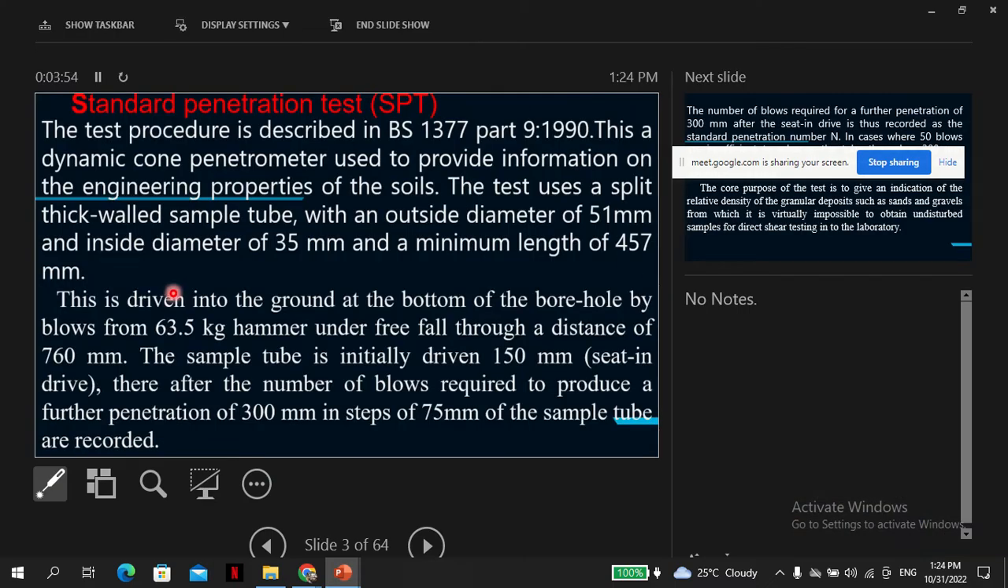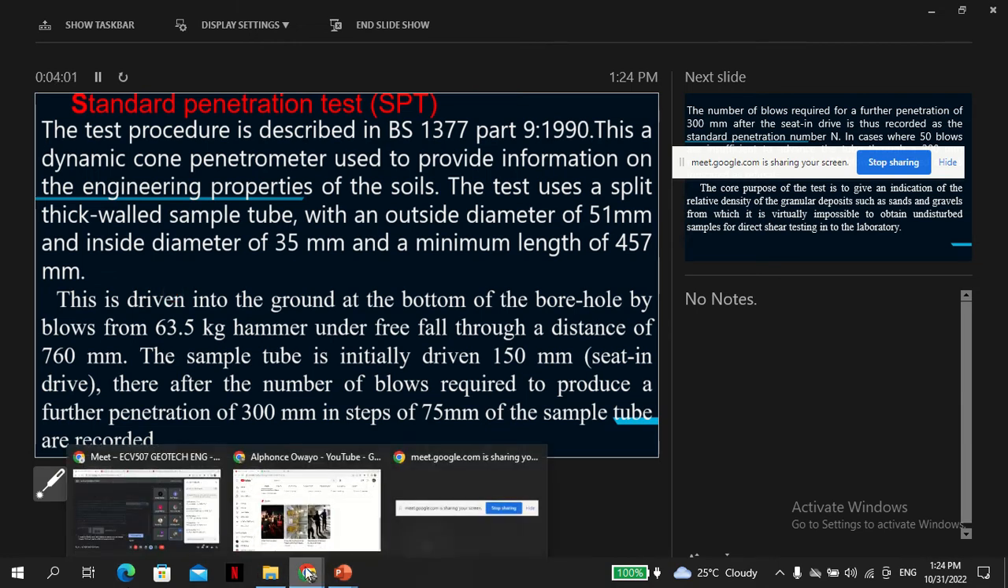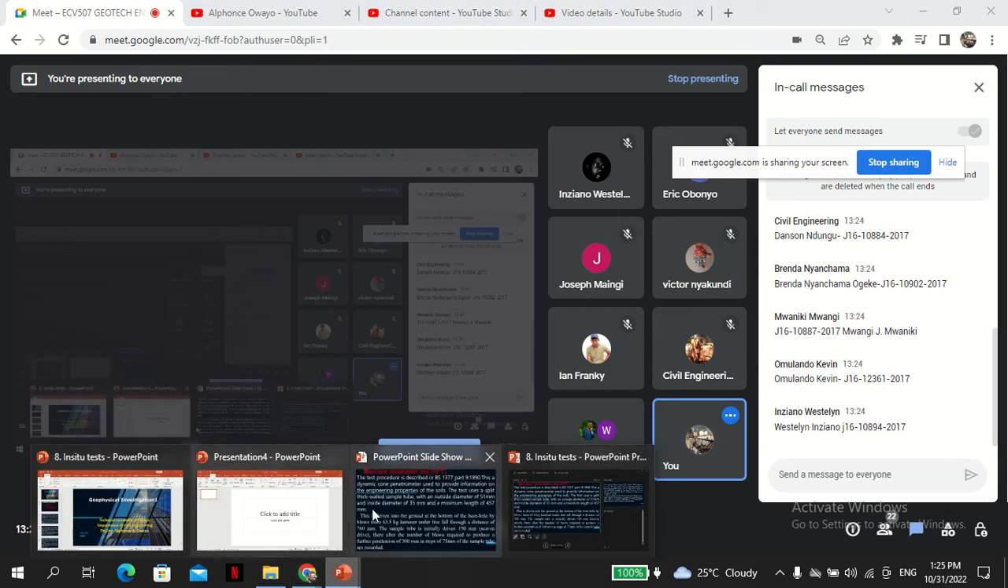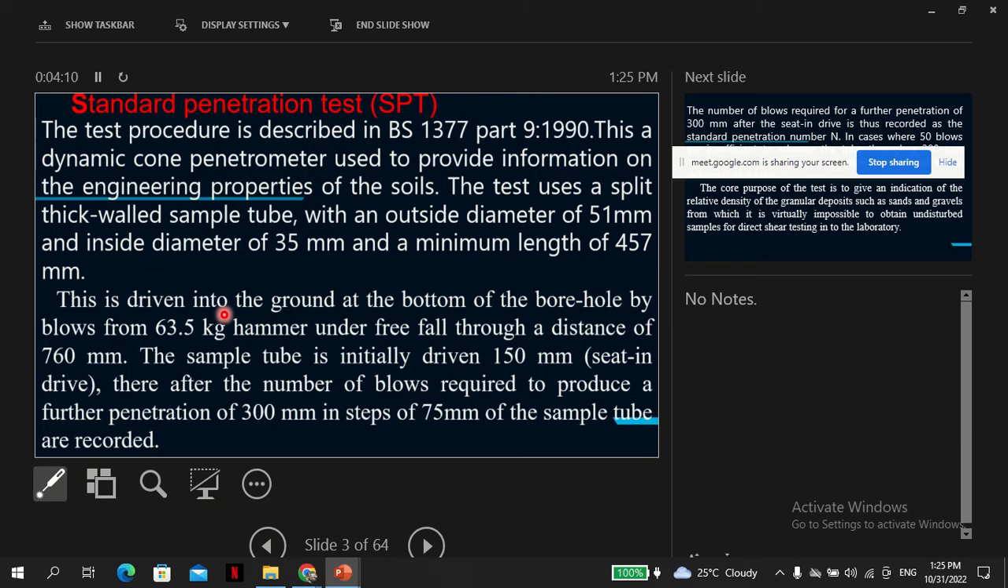The test uses a split thick-walled sample tube with an outside